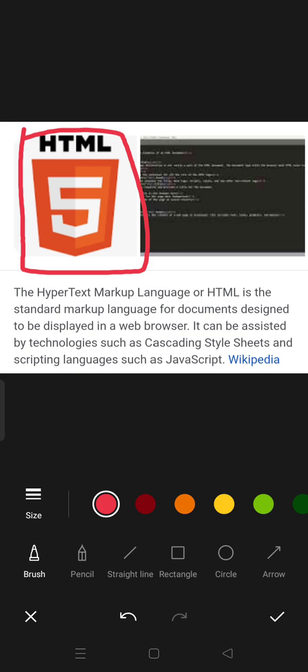So now guys, thank you. So now, what is HTML? HTML, what is the full form of HTML? First we need to know about that. HTML means